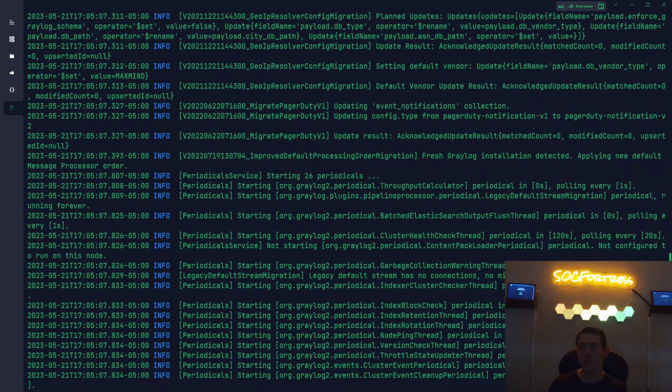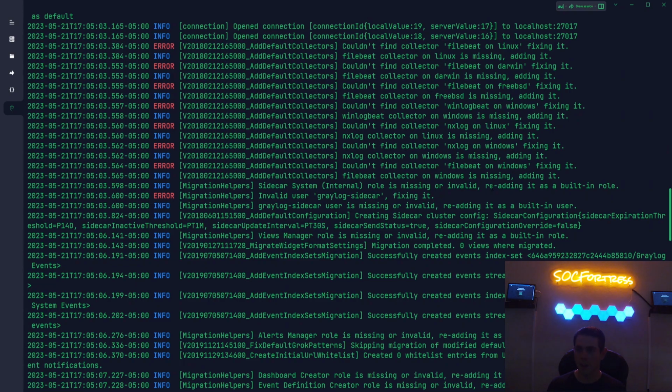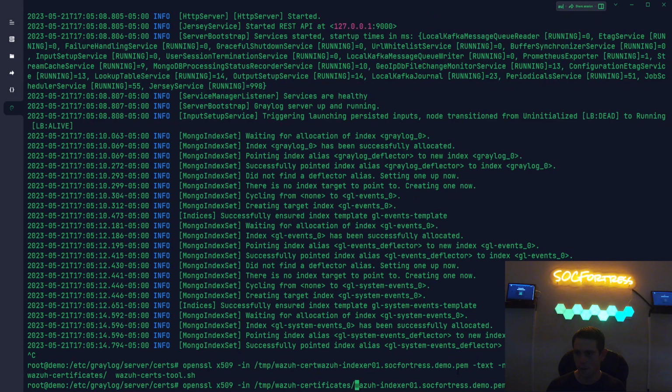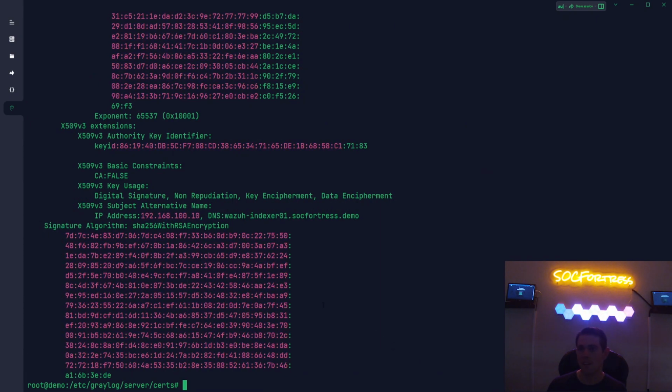Again, if you do see hostname not verified, do make sure that your OpenSSL command that we ran earlier has a SAN entry of your hostname that you're using for your Wazuh indexer. So again, I can run that real quick. What was that? Wazuh certificates. So again, running that, we see under our subject alternative name, we have a hostname entry